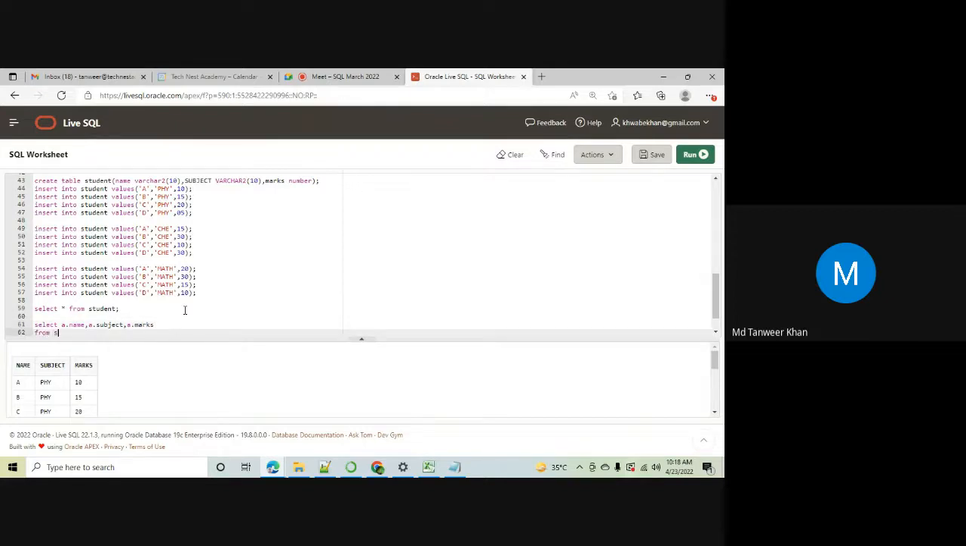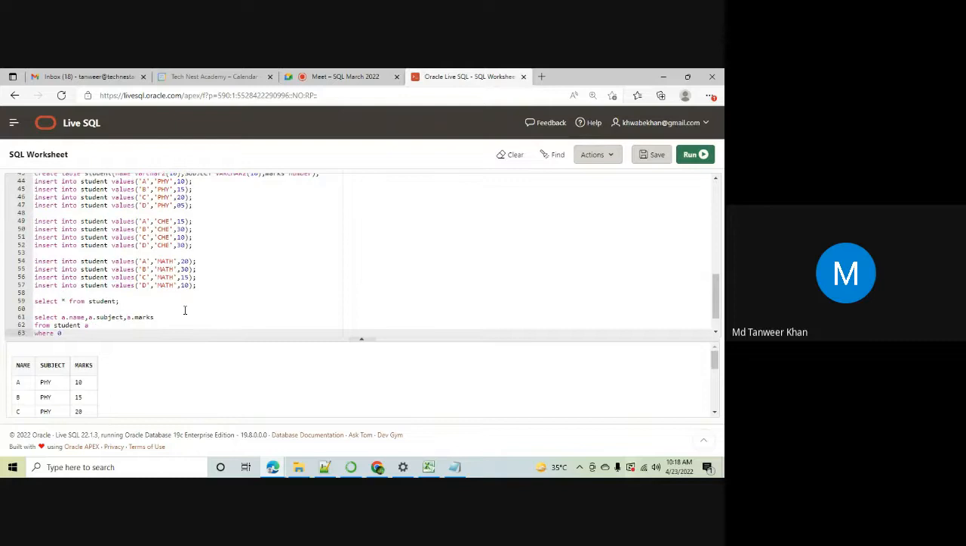from a, where, same thing I'm using, on the same concept which we have discussed. SELECT COUNT of B where B.marks